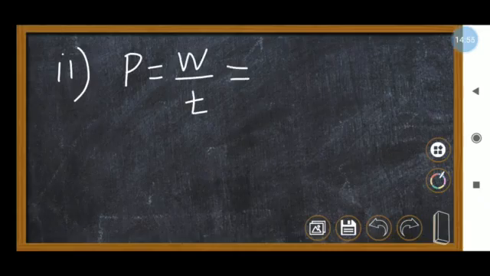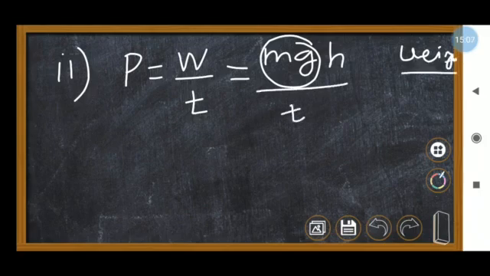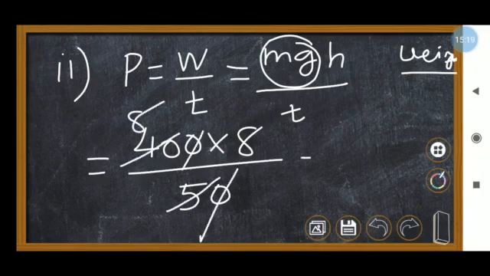So power equal to 160 watt. This is the first case. Okay, second case, same way: power equal to work done per unit time. So work done, when they are climbing above, W equal to mgh. So mg means W, weight. So weight equal to mg. The person's weight they given. So what is the person's weight? Same 400 and same height 8, and the time they given is 50 seconds. So 10 10 cancel, 1 5 is 5, 8 5s are 40, 8 into 8 is 64. Here the unit is watt.